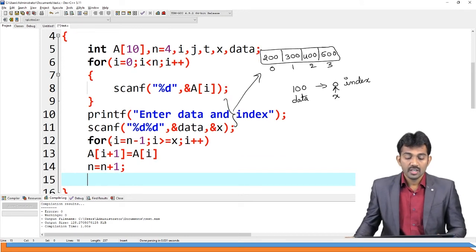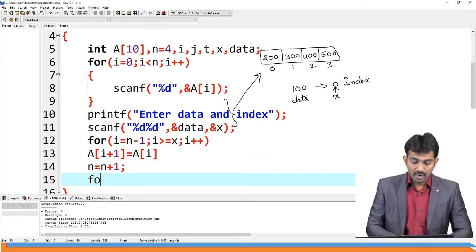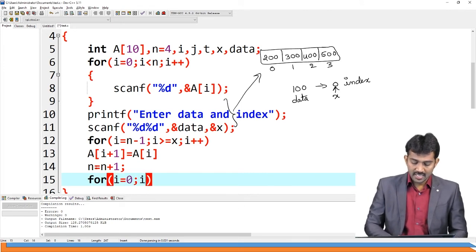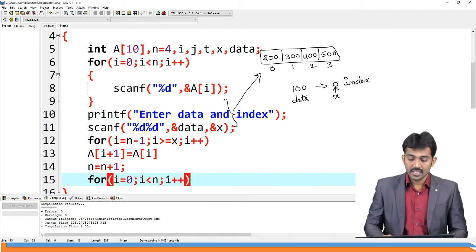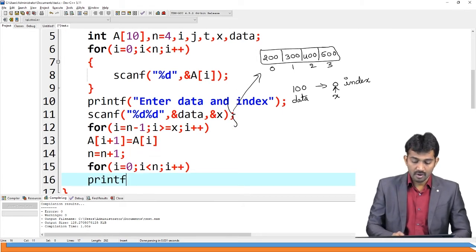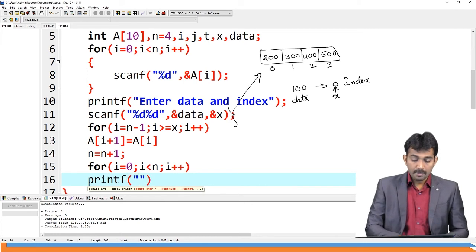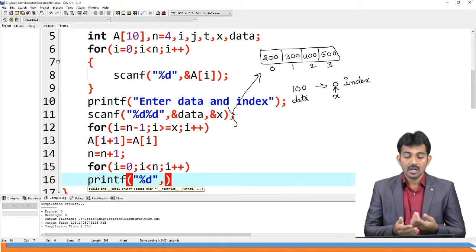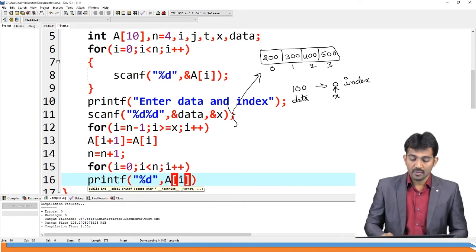Then after that, you just write a code for i equal to 0, i less than n, i plus plus, for printing the data, printf of %d comma, so data is available at a of i.